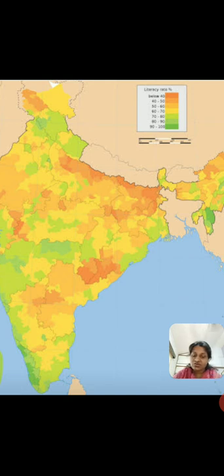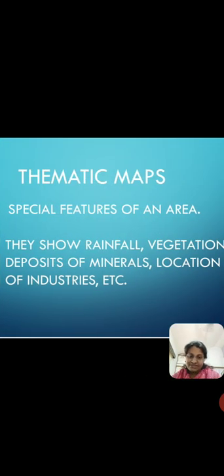Thematic maps show a particular theme. They show a special feature on the map. It could be any topic like rainfall, vegetation, deposits of minerals, the kinds of soils, the farming that is carried out.